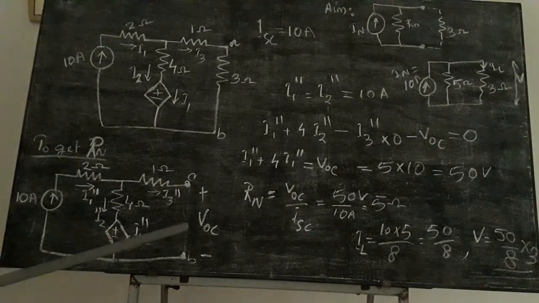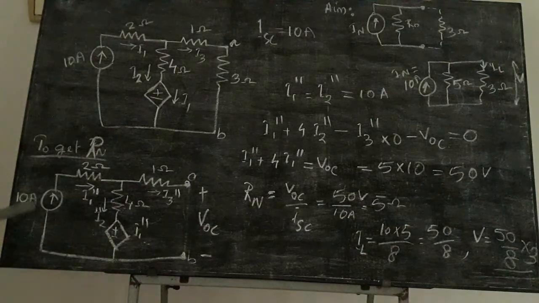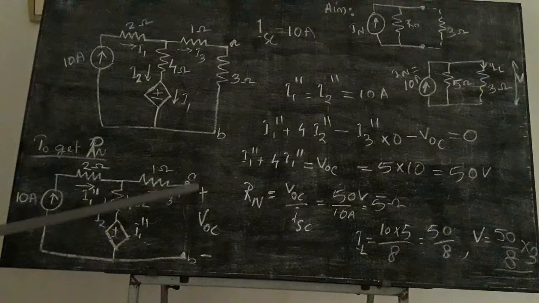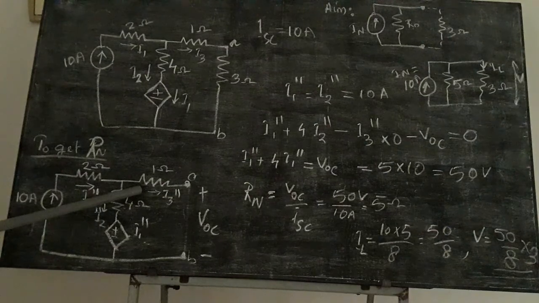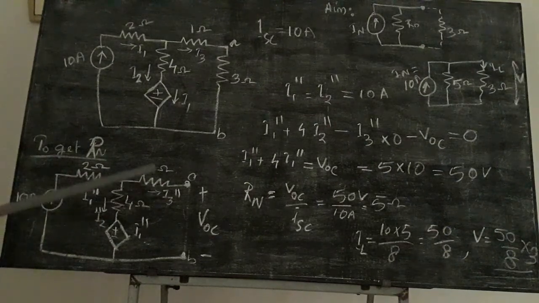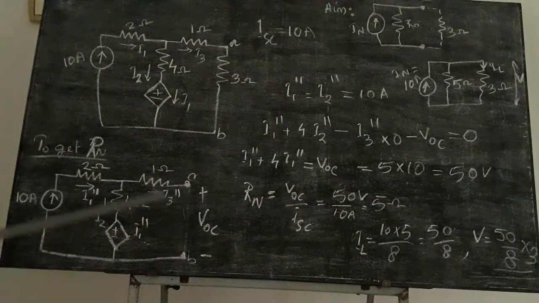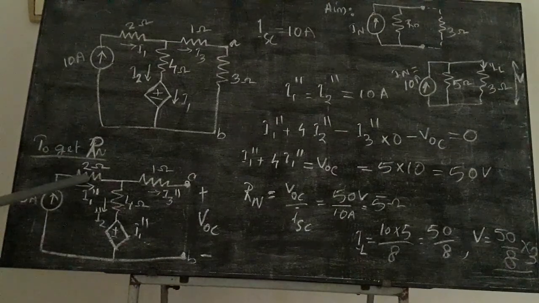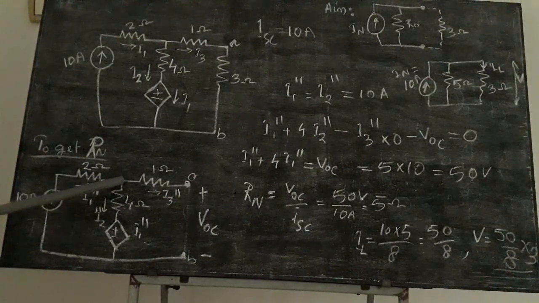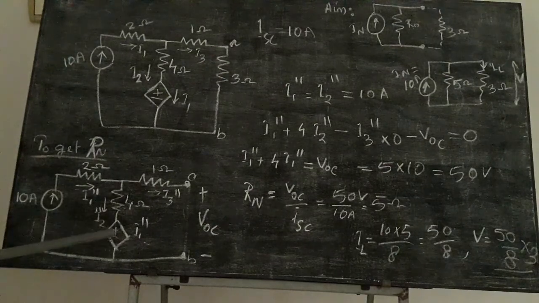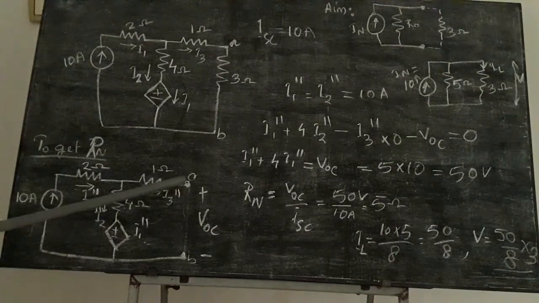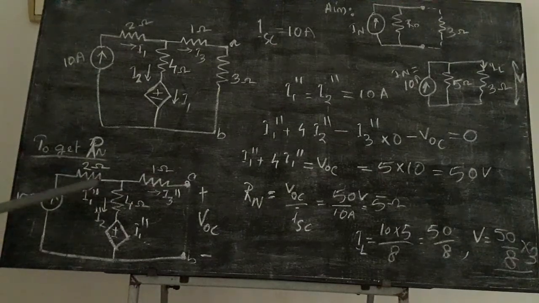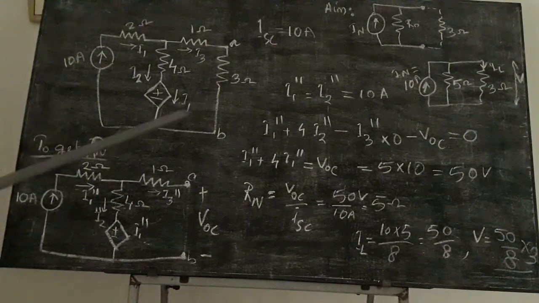Okay. Now to get VOC, we have to go for KCL and KVL equation. Since here open circuited, what is the current through 1 ohm resistor? I3 double dash is equal to 0. Because here open circuited, so no current will flow through this terminal. So current coming from the source I1 double dash, when reaches this junction, this will go to this branch, because here open, so no current will flow through this. So I1 double dash is equal to I2 double dash.